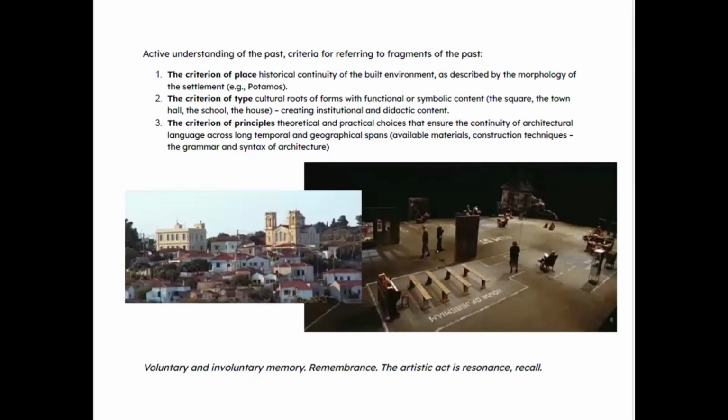So here are three criteria of how we can actively understand the past. The first criterion is the criterion of place, historical continuity of the built environment, and as it can be described in the morphology of the whole village, where it is the context of the building. The criterion of type, cultural roots, or of forms with functional or symbolic content, the square, the town hall,